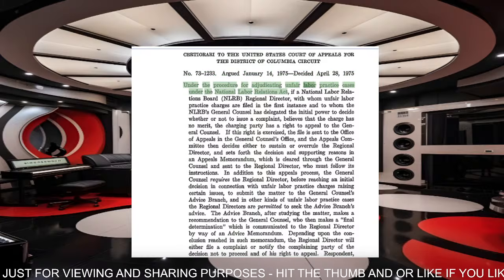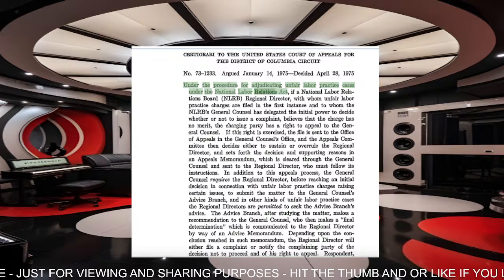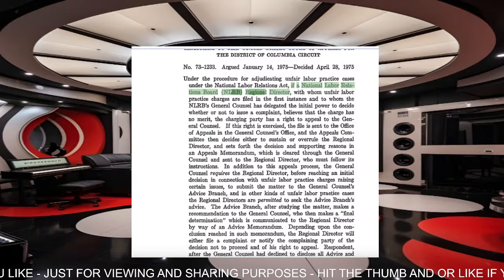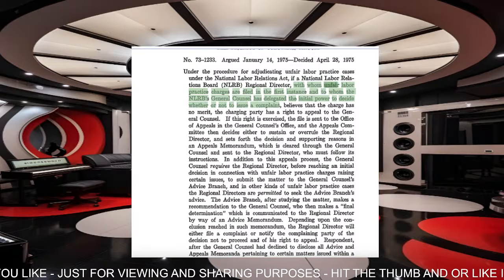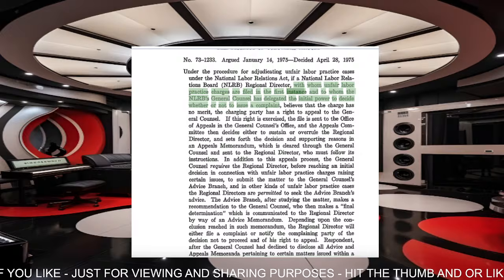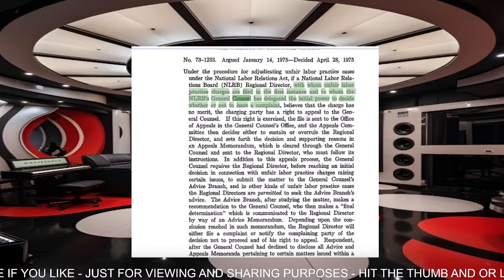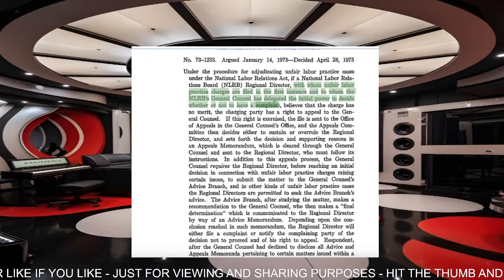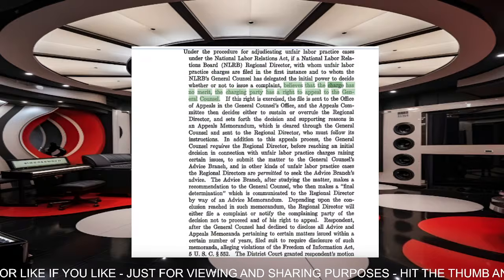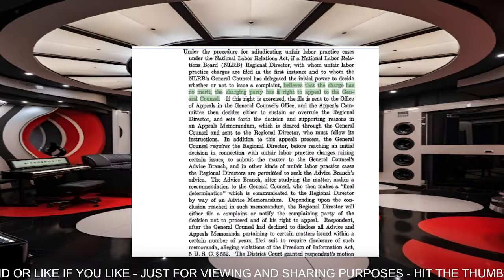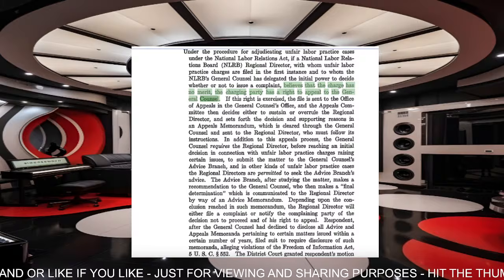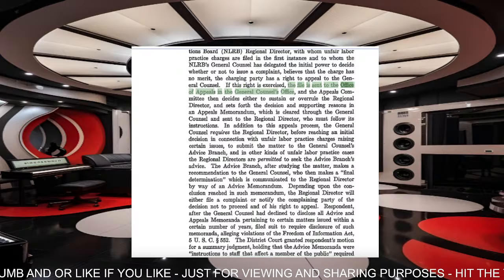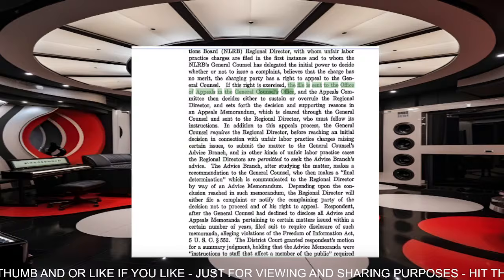Under the procedure for adjudicating unfair labor practice cases under the National Labor Relations Act, if a National Labor Relations Board regional director, with whom unfair labor practice charges are filed in the first instance and to whom the NLRB's General Counsel has delegated the initial power to decide whether or not to issue a complaint, believes that the charge has no merit, the charging party has a right to appeal to the General Counsel. If this right is exercised, the file is sent to the Office of Appeals in the General Counsel's office, and